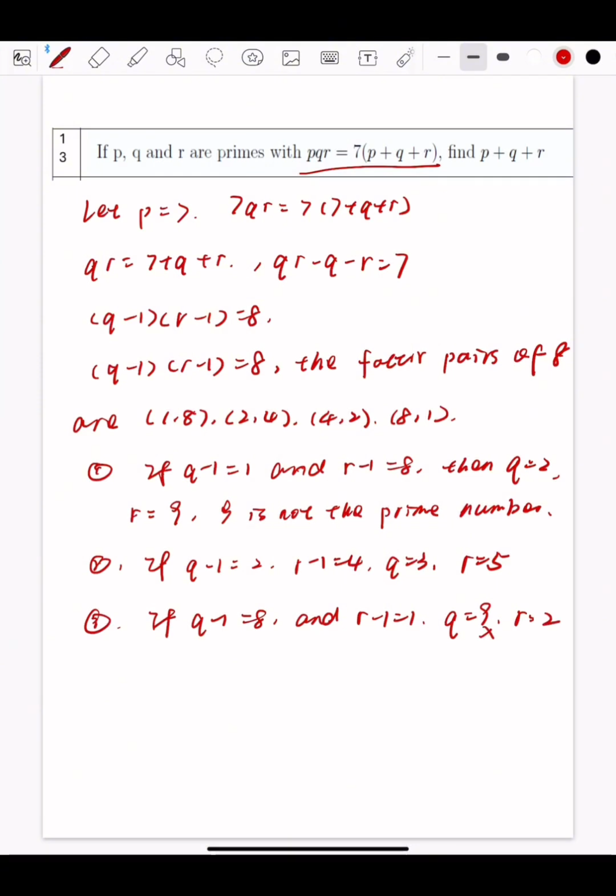Let me see. Yes, and for case 4, this is not prime, but R equals 2, it is. And then we calculate